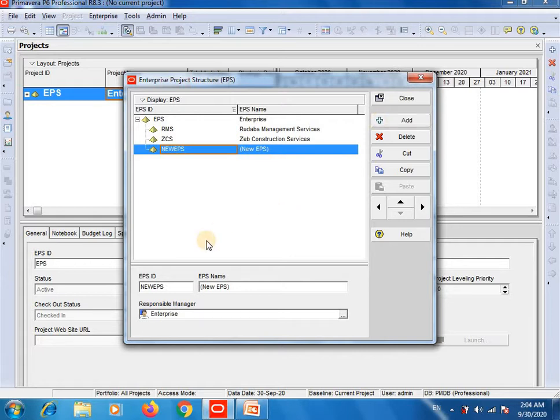right? Then here write EPS ID, your company ID, organization ID. For example, your company name is Perfect Engineering Services, PES. So your company or EPS ID will be PES.